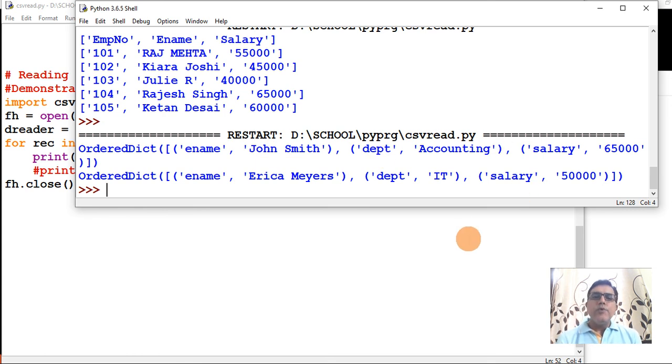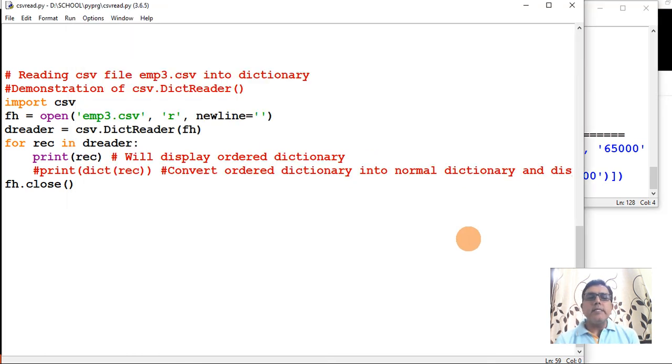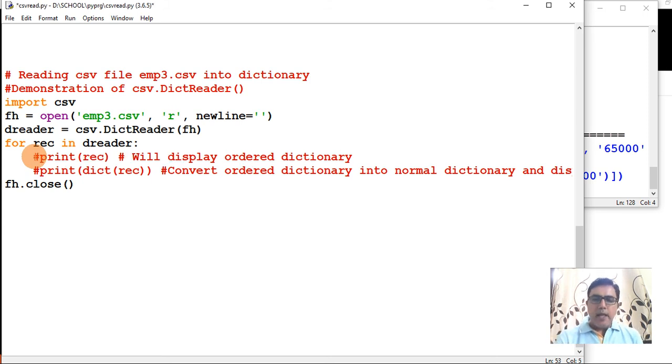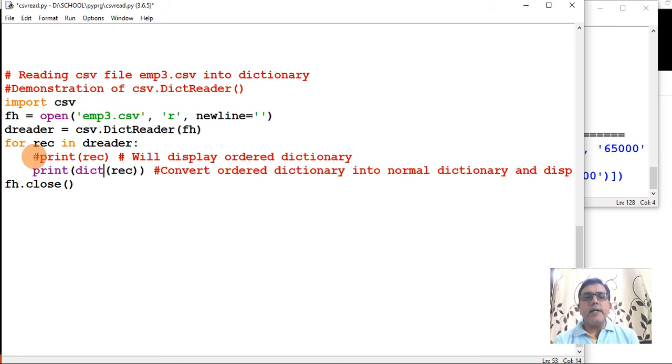Now we work on simple dictionaries. How to convert this data into a simple dictionary? I have used the dict method here. What this dict method will do is convert rec, which is an ordered dictionary, into a simple dictionary, and then it is displayed.